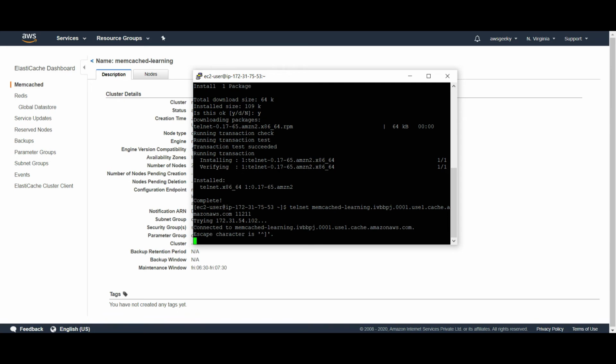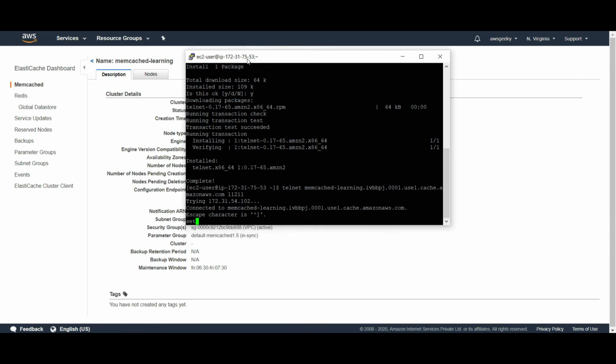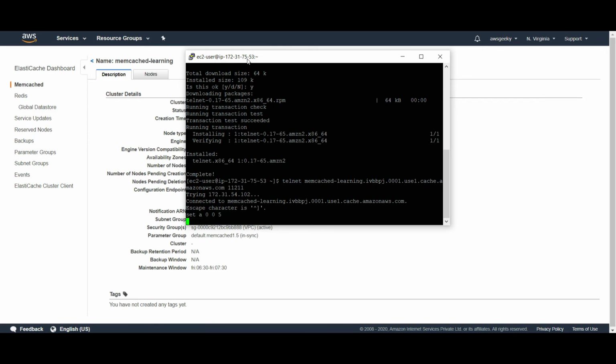So now we can set any key here. The command for that is set, followed by the key name. There's something wrong with my keyboard. Okay, set followed by the key name, and after the key name I'll say 0 0 5, enter, and then I will enter the value.